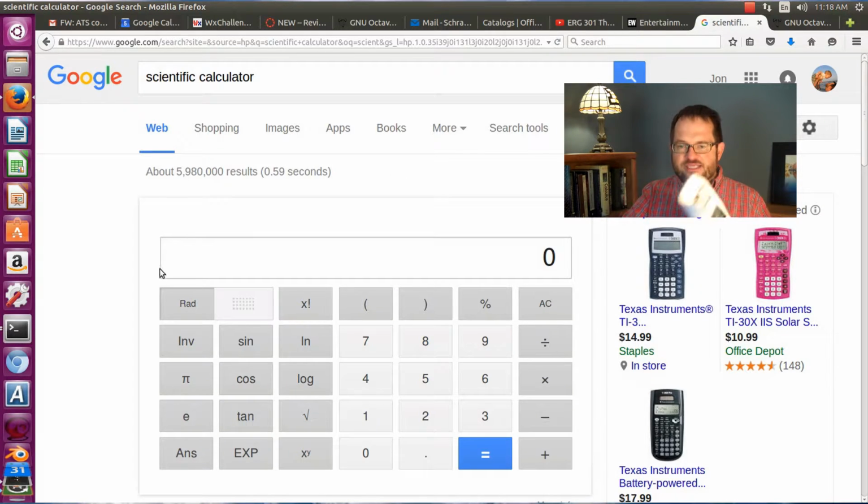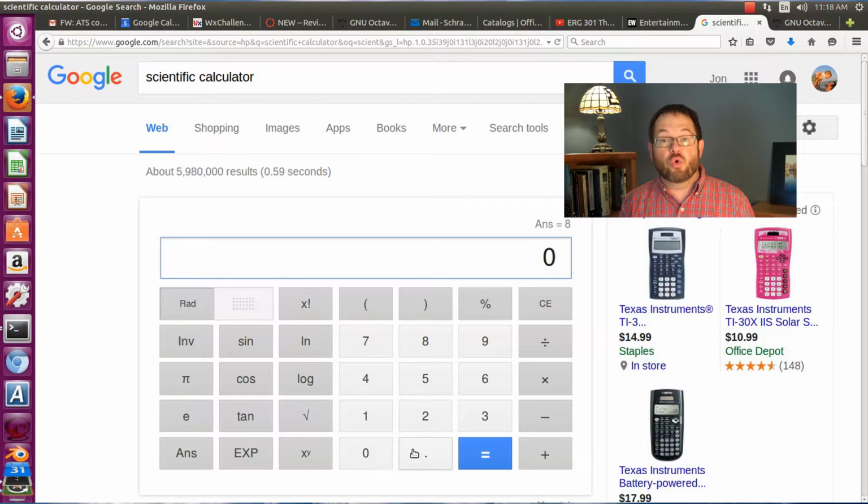I mean, anytime you're raising a number to a power, you want to be using your x to the y button on your scientific calculator. Now, here you are raising 0.5 to a power that is x divided by 5.6. Okay, you could use the parentheses on your scientific calculator and raise this